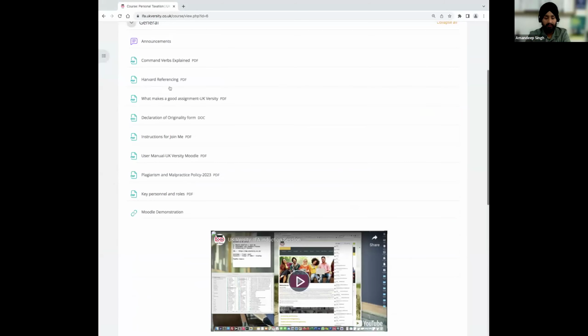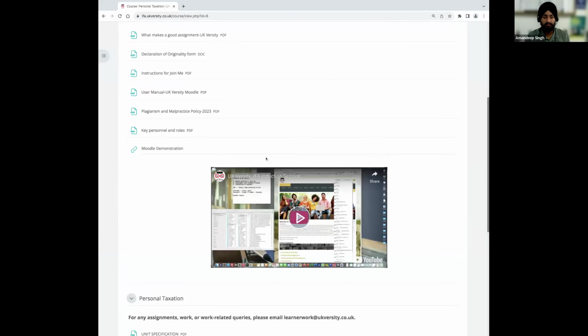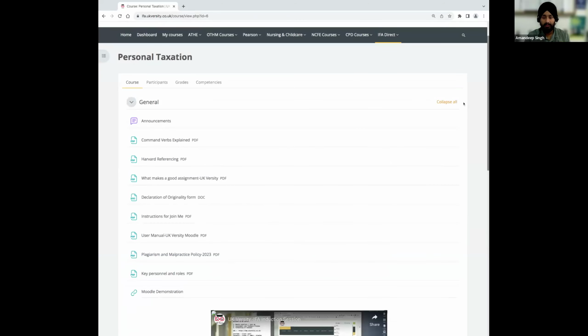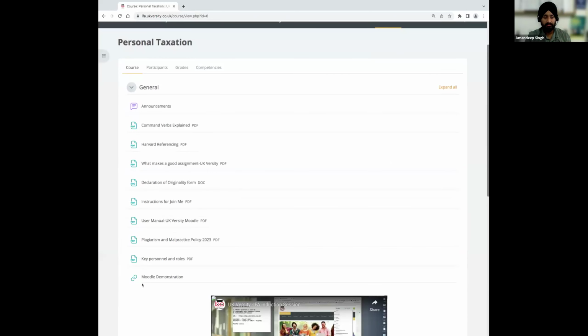Usually, if you see this window the very first time, for example, if I'm in your shoes and I have just joined the course, and it's a bit confusing for you, you can just click the button here, collapse all, and it will give you a nice synopsis of how everything has to be done. As you can see, it will just collapse and you know what all sections are there. Starting off with the general one, these are the documents.